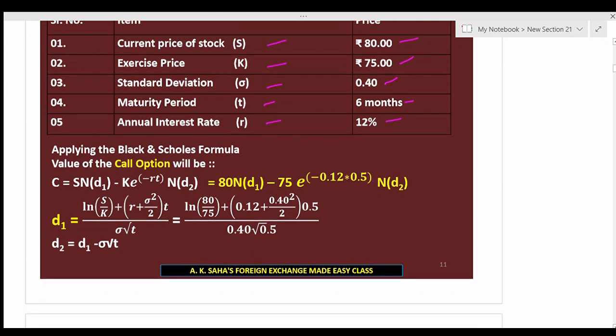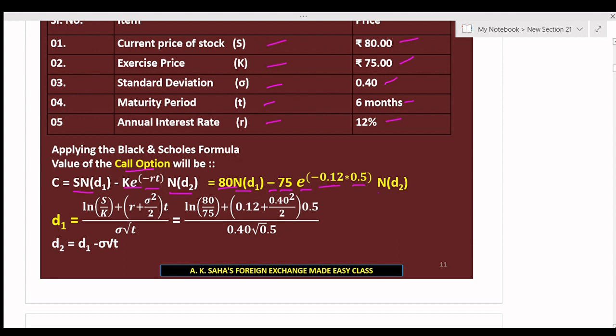Applying the Black and Scholes formula, the value of the call option will be C is equal to S into N D1 minus K into e to the power minus RT into N into D2. Putting the value of S as 80 into N D1, minus strike price value 75 into e to the power minus 0.12, that is the rate of interest, into 0.5, that is T,